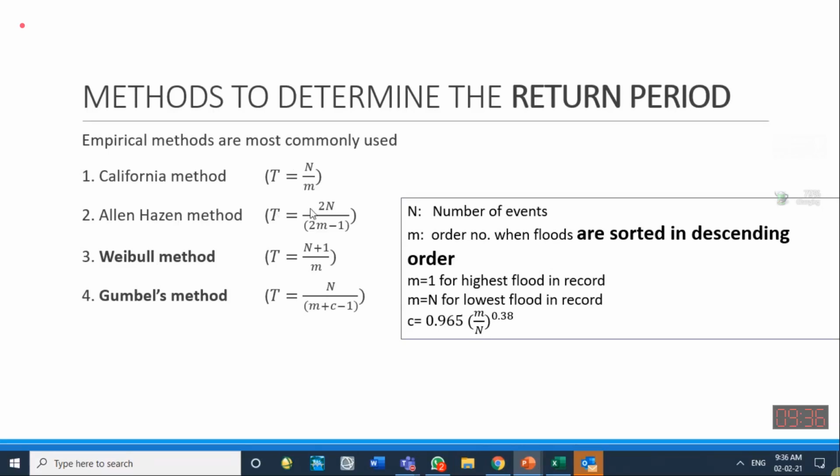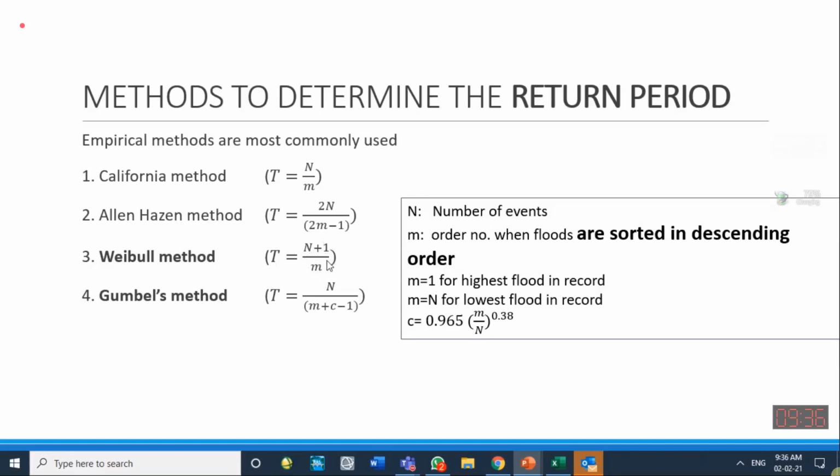But people say no, we have to change it. Allen Hazen and Weibull say, for example, that the Weibull method says we should add one to the total number of events, and then divide it by m. The reason he says that is